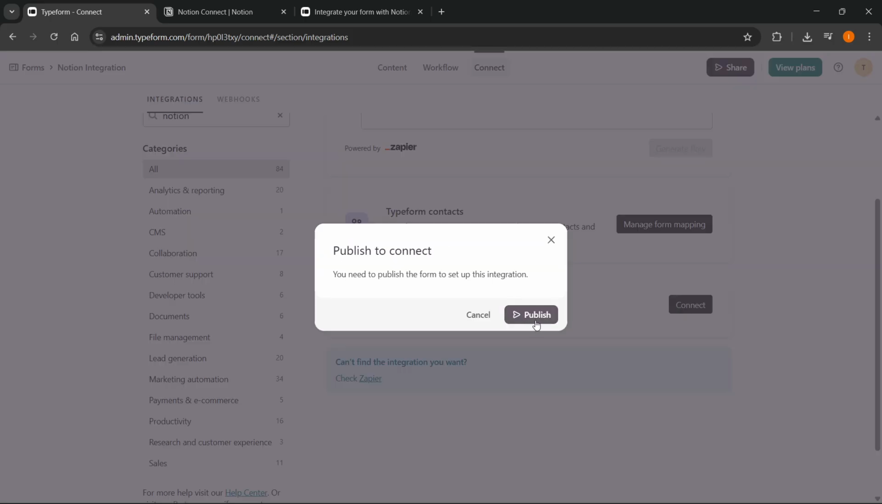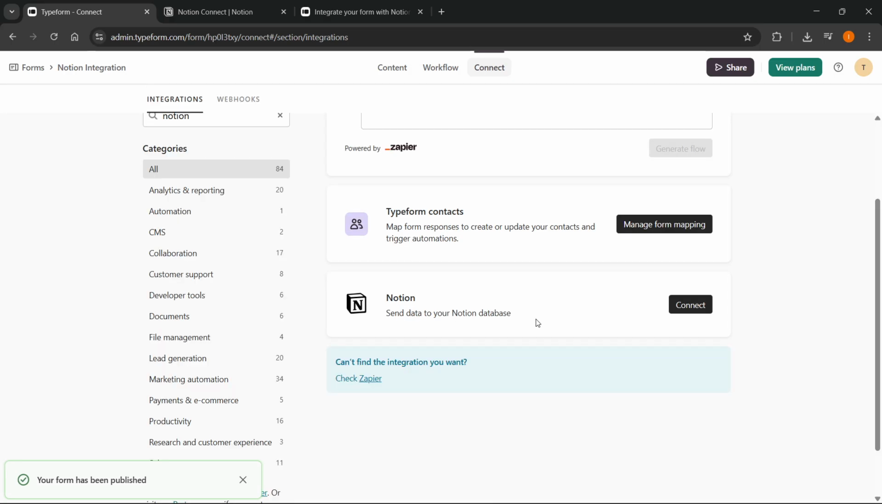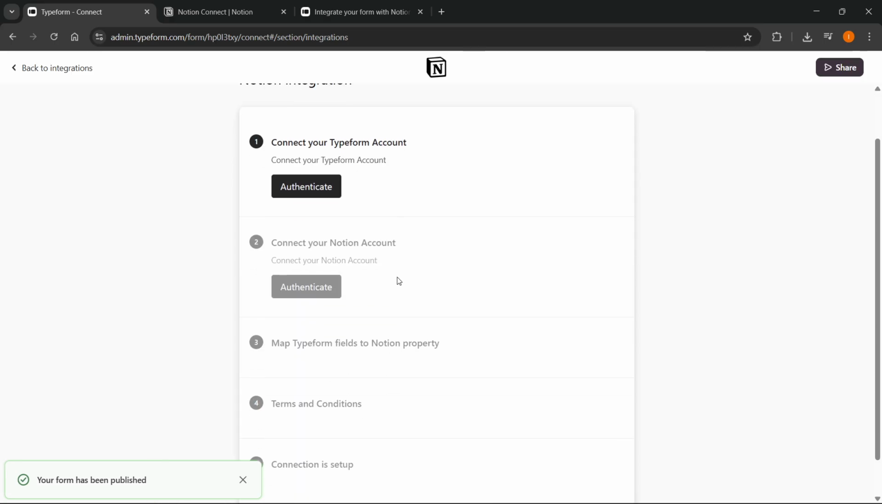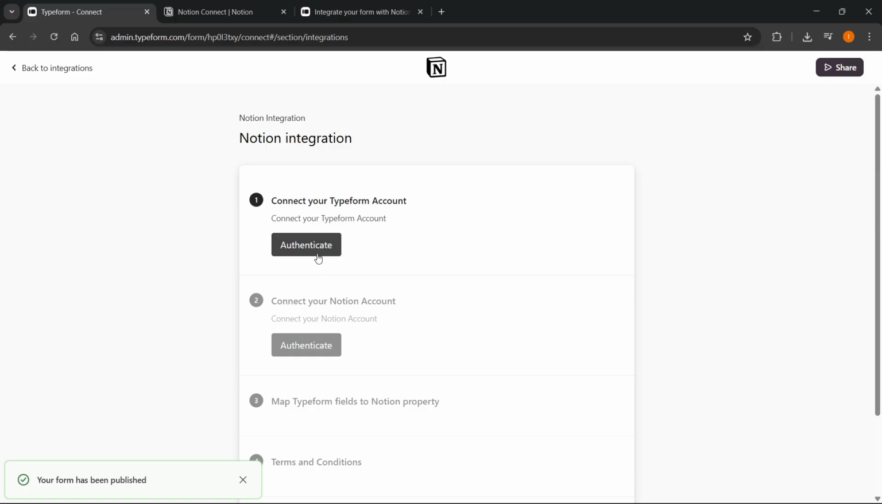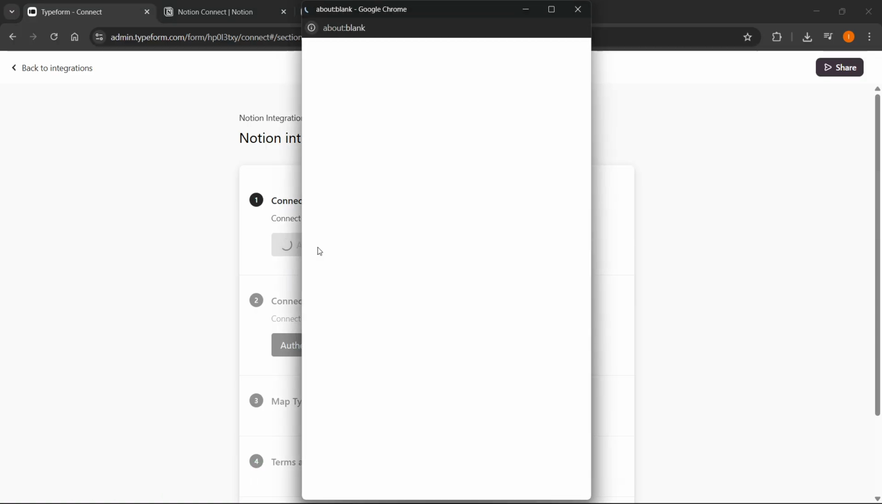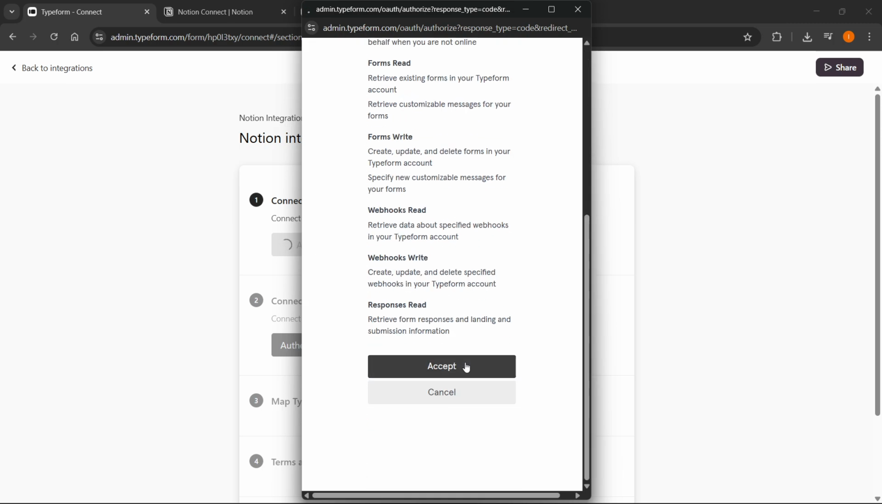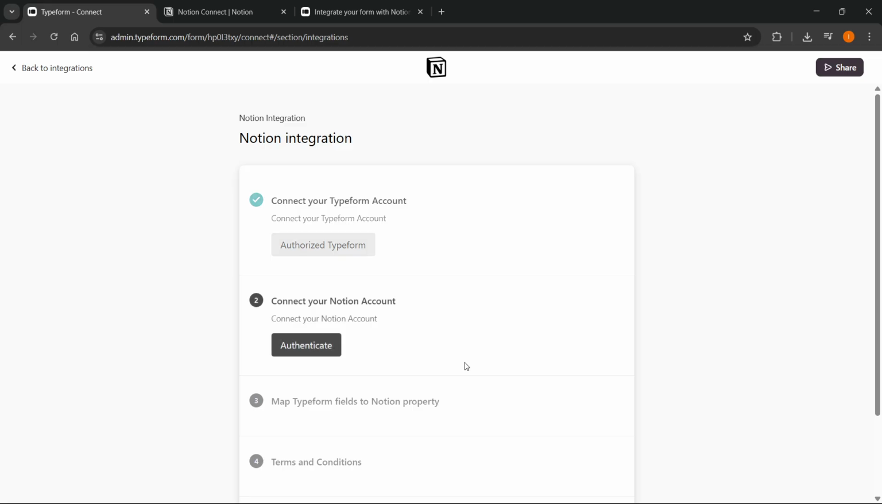Then first, of course, it's going to say you have to publish to connect. So I'm going to have to publish this one. There we go. And there we go. So it's been published, and then you have to first authenticate your Typeform account. Hit over here and then wait for a few seconds, click on accept, and that's going to authenticate your Typeform